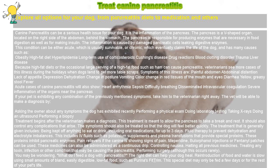The inflammation is caused by damaged pancreatic cells leaking digestive enzymes. This condition can be either acute, which is usually survivable, or chronic, which eventually claims the life of the dog, and has many causes such as obesity, high-fat diet, hyperlipidemia, long-term use of corticosteroids, Cushing's disease, drug reactions, blood clotting